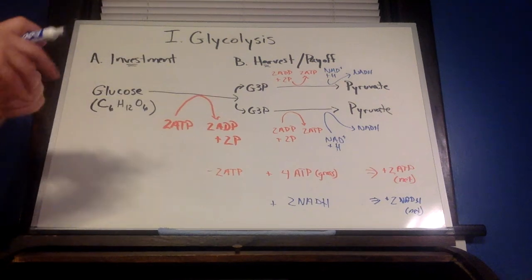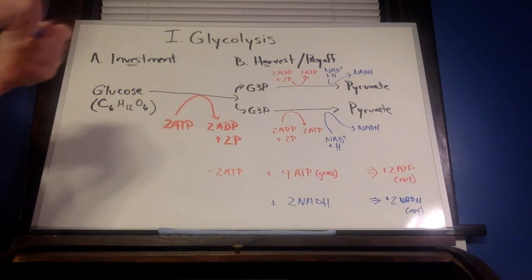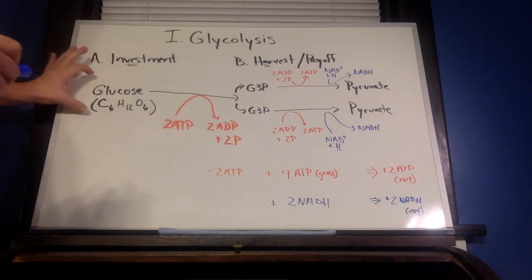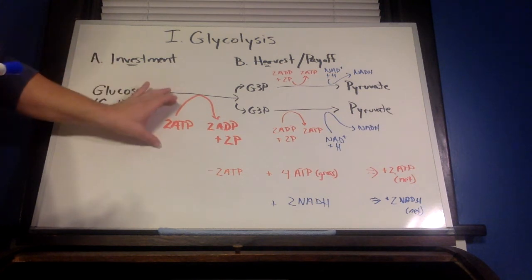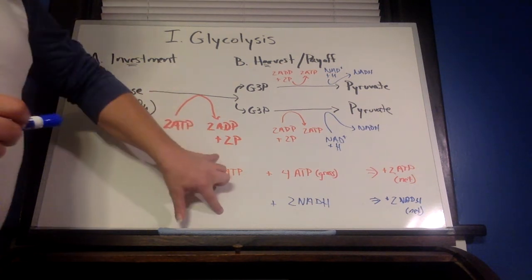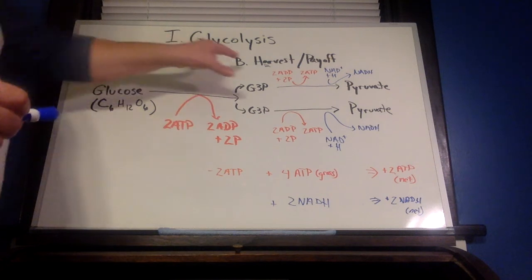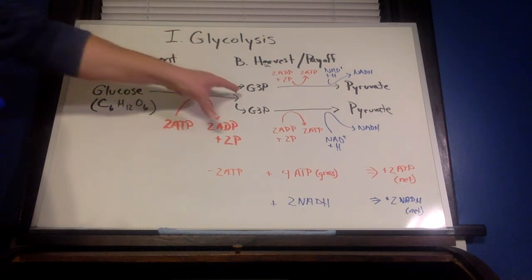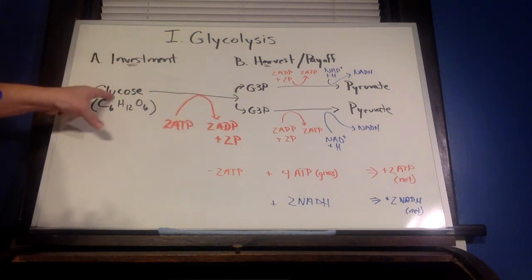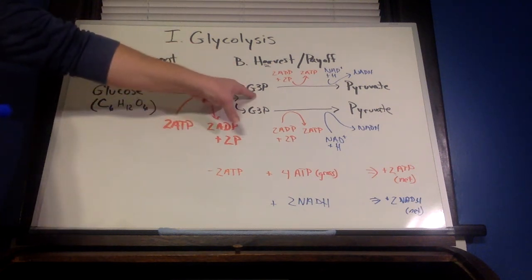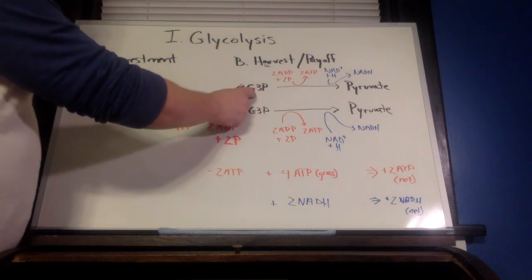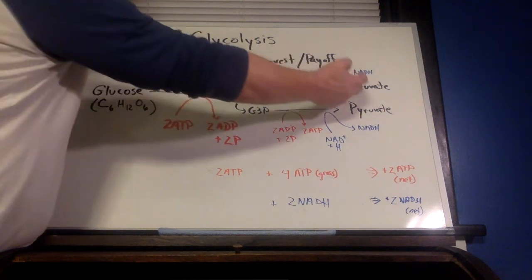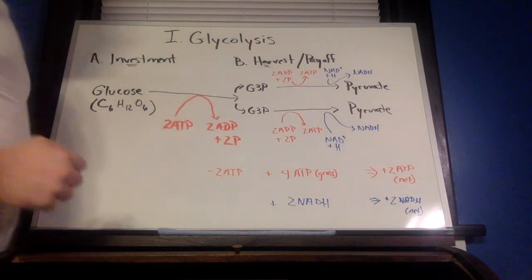from glycolysis. Remember, these are the details. These are the important carbon molecules. This is the important energy molecules that you need to keep track of. And you need to know what is happening in each stage. What is a reactant? What is a product? Glucose is the reactant of investment. G3P is the product. G3P then becomes the reactant of the harvest, such that pyruvate will now be the product